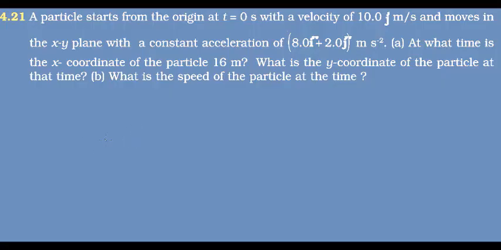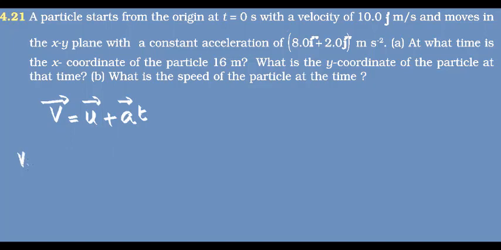For this we use the vector notation of velocity. Now what are the equations of velocity that we need? Let us do the last part first. What is the speed of the particle? For that we can use the equation v equal to u plus at in the vector form. So vector v equal to vector u plus vector a times t. But we should know that each of these will have components.